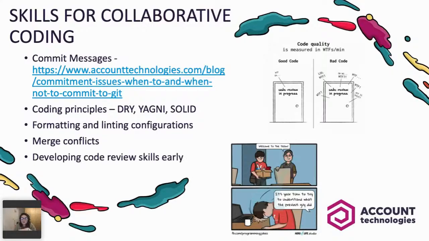And developing code review skills early. This is something that I wish I had started thinking about earlier. I think there's this idea that you have to reach a certain point of seniority to review code, and to an extent that is true, because to accept the responsibility of what that code is, and to say that it's okay, means it's on you. But the actual skill of reading code is something you should be developing alongside your skill of writing code, and I think they do feed into each other.